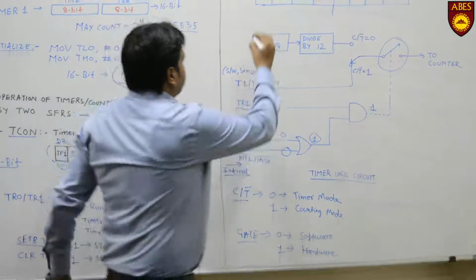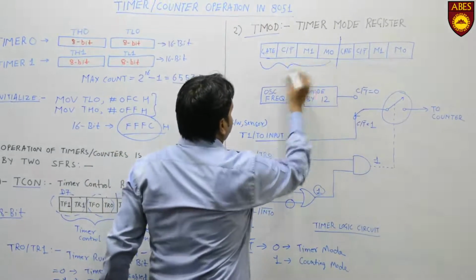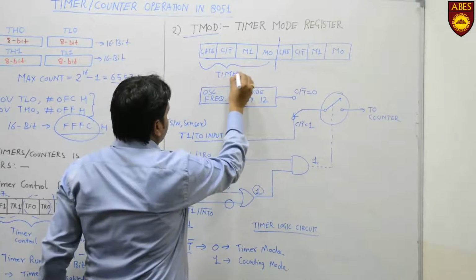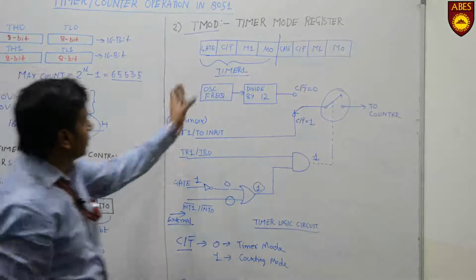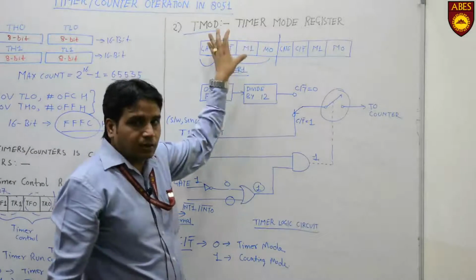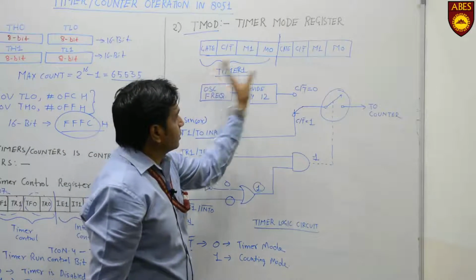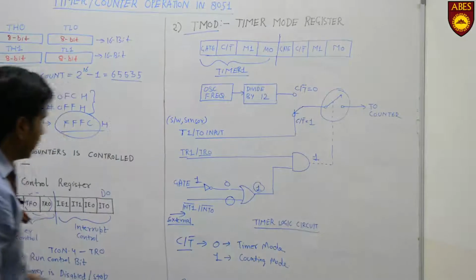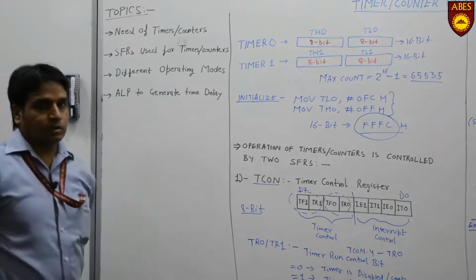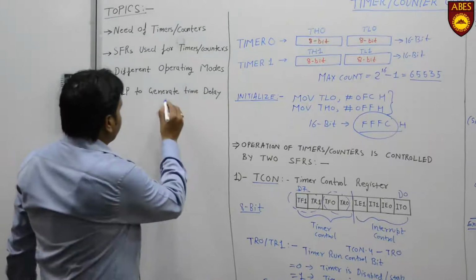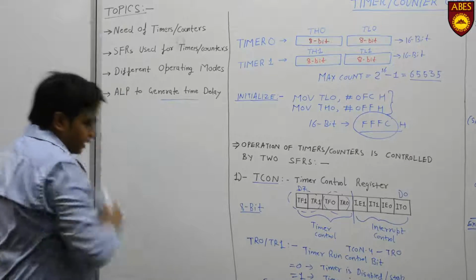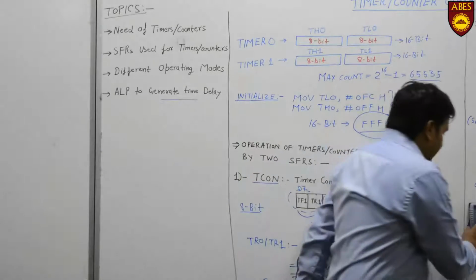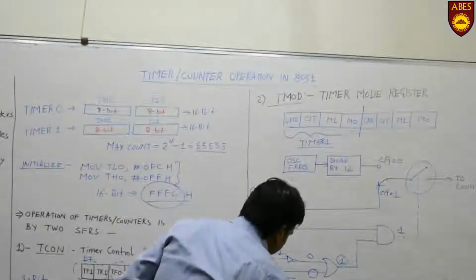The upper 4 bits of this register have the same function for timer 1. So there is no need to discuss again the meaning of the upper 4 bits. These have the same function for timer 1 as those for timer 0. Lastly, we will see how we can use these timers, timer 0 or timer 1, to generate a time delay for a particular application. We will see with the help of a flow chart, and then we will write an assembly language program to generate a particular time delay.